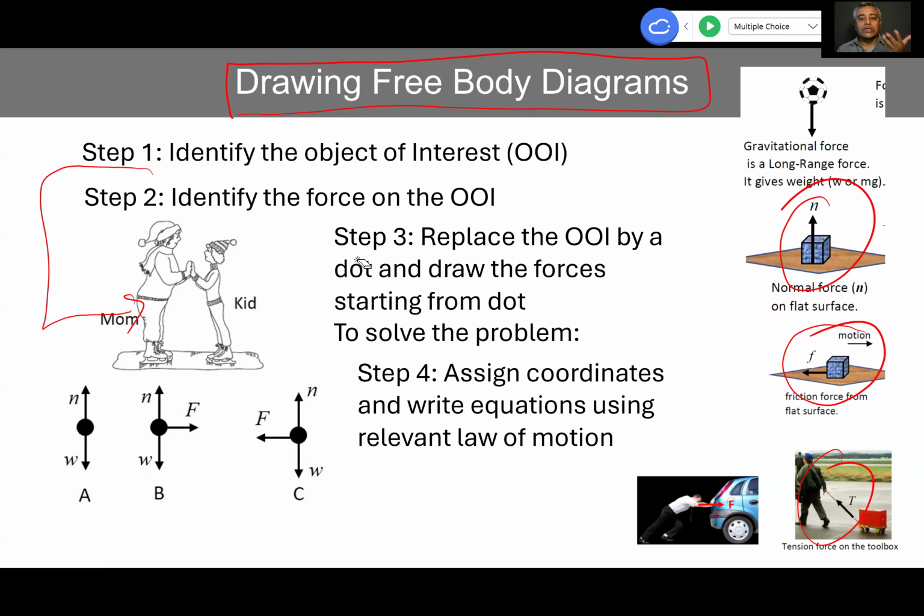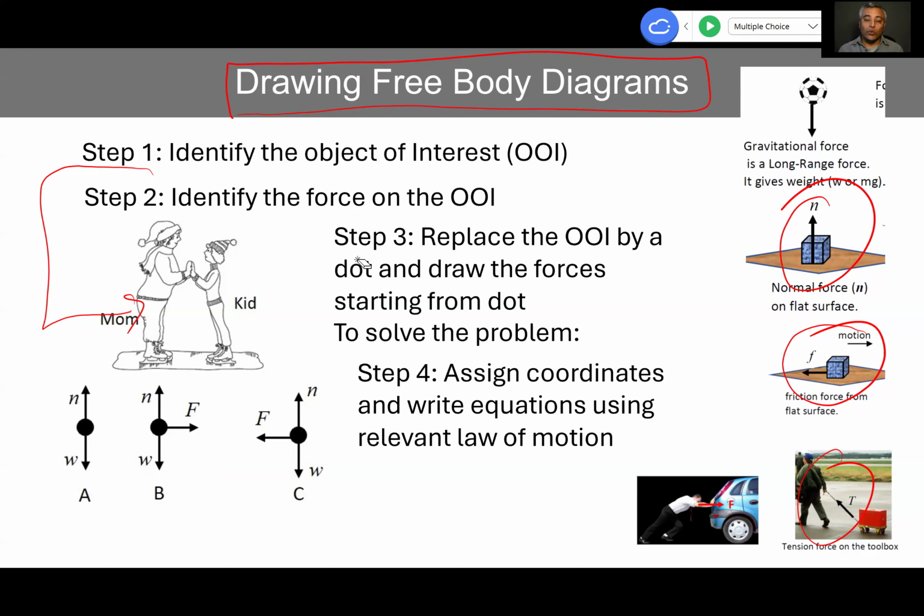And you can write two equations that way. You can use Newton's law twice, okay? So that's how we know the free body diagram of which object, how many objects, how many free body diagrams, and so on. So after that, we identify the